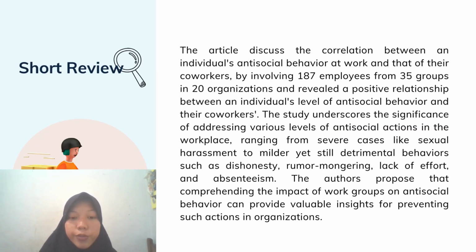Here is the short review of the article. The article mostly talks about the correlation between an individual's antisocial behavior at work and that of their coworkers, involving 187 employees from 35 groups in 20 organizations, and revealed a positive relationship between an individual's level of antisocial behavior